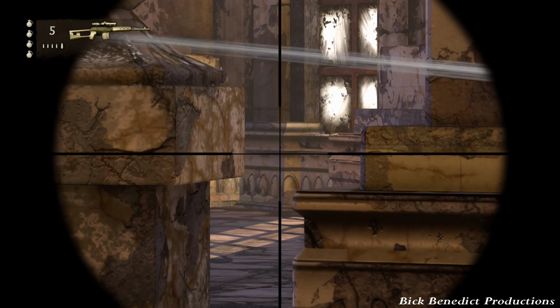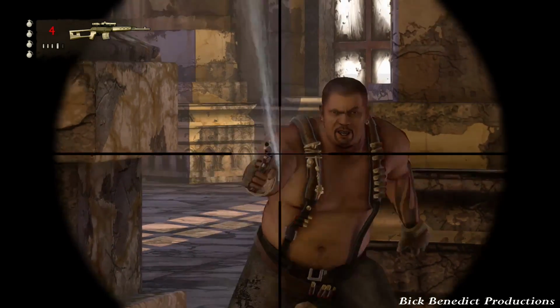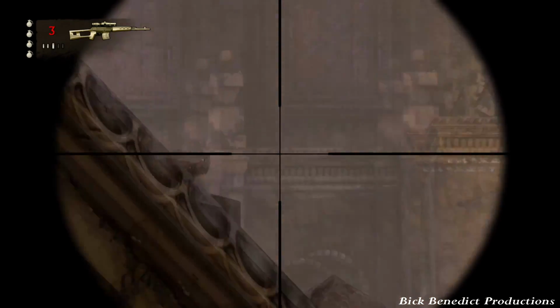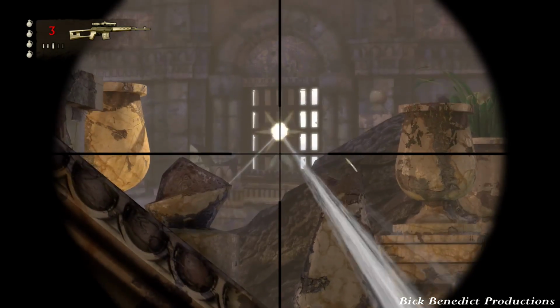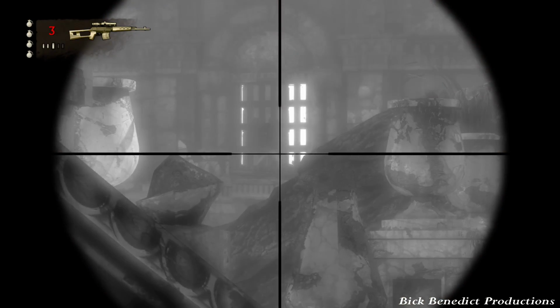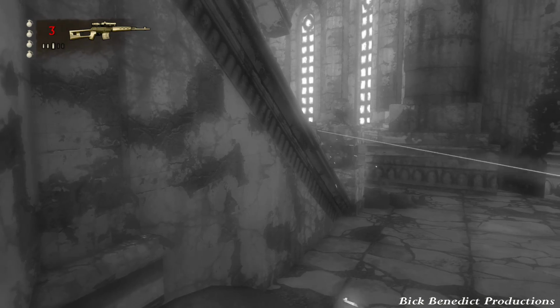the Dragon sniper rifle and just aim it right about here to take care of the guy with the Magnum. And try to not miss any shots with the sniper rifle. Shoot the turret guy in the leg. And